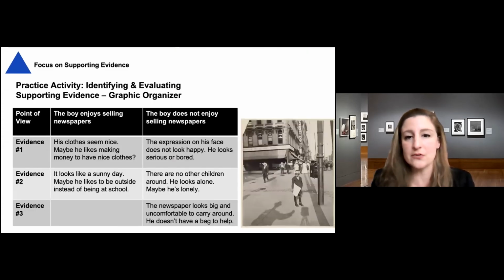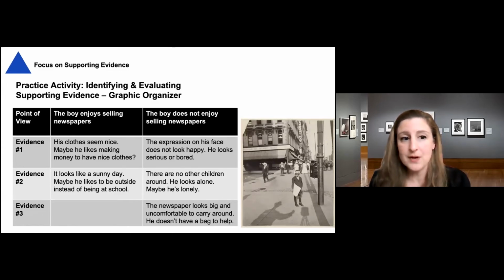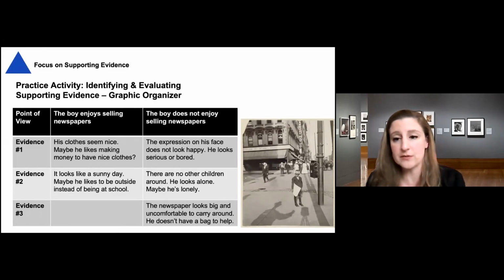Here we like graphic organizers a lot. Here's an example of a graphic organizer you could do in leading a whole group, or you could ask students to do a simpler version in smaller groups or on their own if they're closer to fifth grade, where it's a simple chart and the points of view are on the top. And then they look for evidence to support the two different points of view in this case.